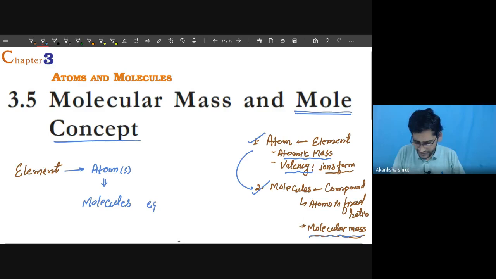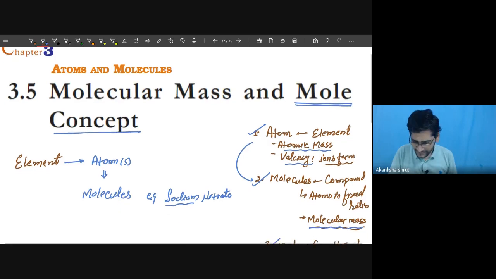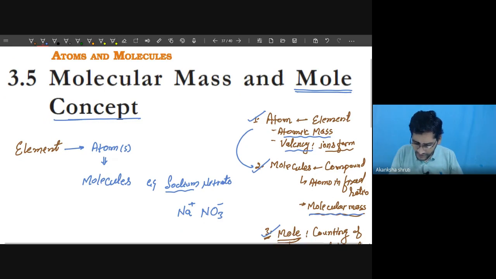We know we have to write the sodium in its valency form. It is Na+, which means 1 unit positive charge, and for nitrate it is NO3 with 1 unit negative charge. Here the units have to be written crosswise. Ultimately this charge gets neutralized,